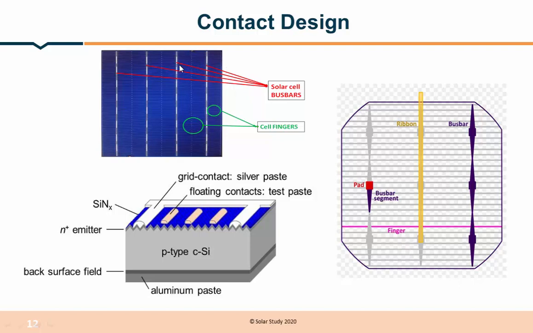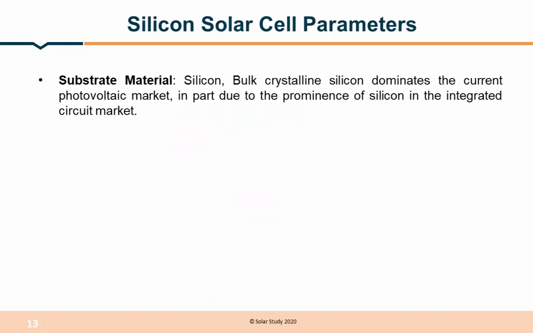So finally we will know that fingers are collecting the recombination of the electron-hole pair energy, and will spread it and send it to this bus bar, and this bus bar finally carries all the electron-hole energy and passes it to the outside. Then we will see what the solar cell parameters are, and what all a solar cell contains.